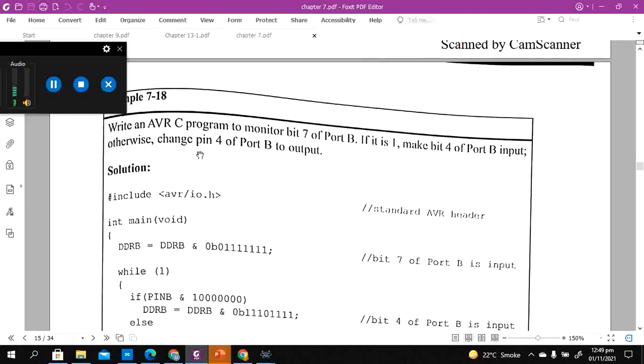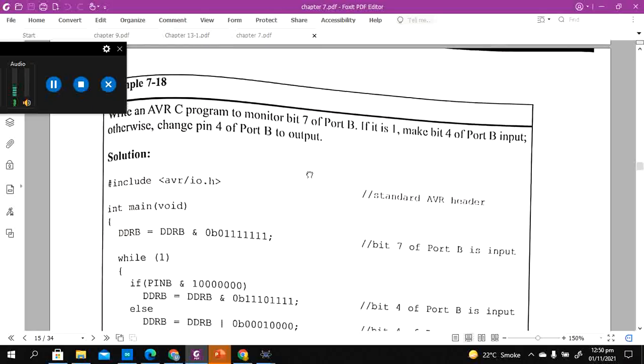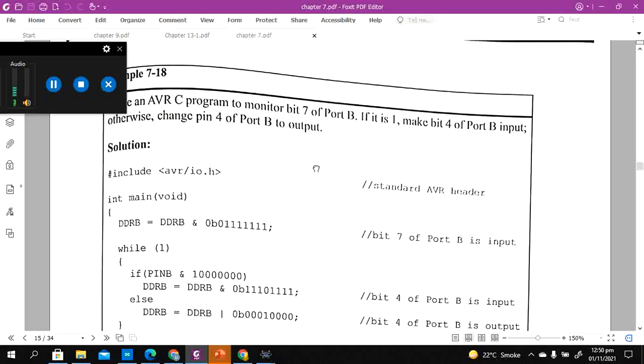Write an AVR C program to monitor bit 7 of port B. If it's 1, make bit 4 of port B input, otherwise change pin 4 of port B to output. This is an interesting example in which you are configuring a port as input or output depending upon an input that is given to you.